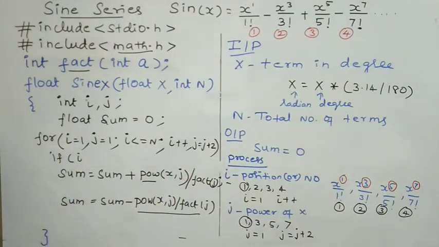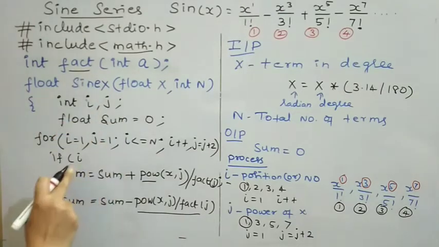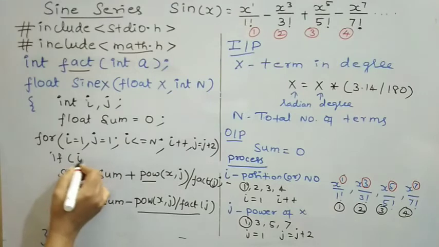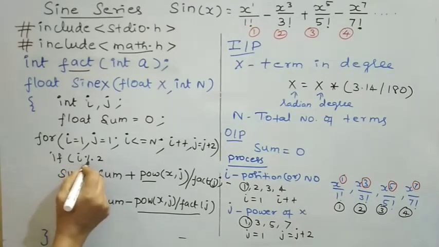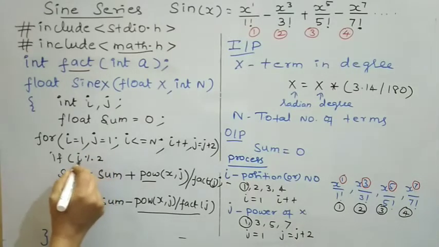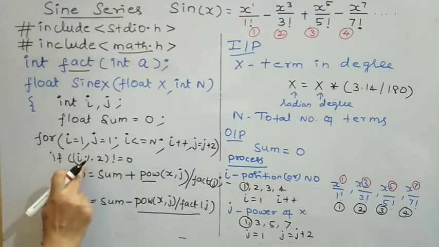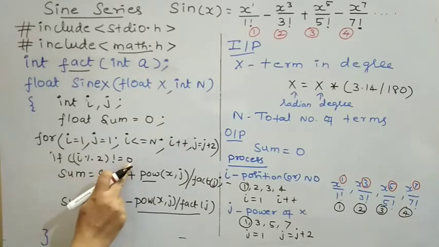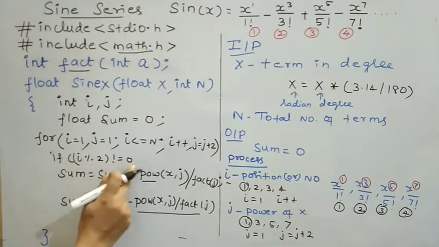How to find out whether it is odd number of the term or even number of the term? The position or number of the term is stored in i. By looking into the value of i, I may decide whether it is odd or even. How to find out? i mod 2. What this operation will fetch you: i is divided by 2 and it will return you the remainder value. When even numbers are divided by 2, definitely we are going to get the 0 value. If it is an odd number, the remainder will not be the 0 value.